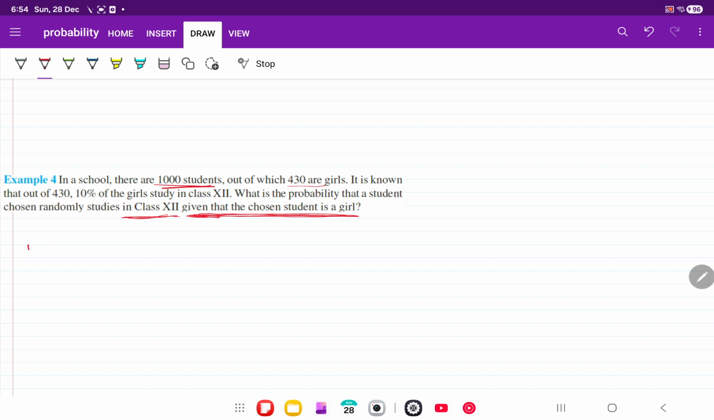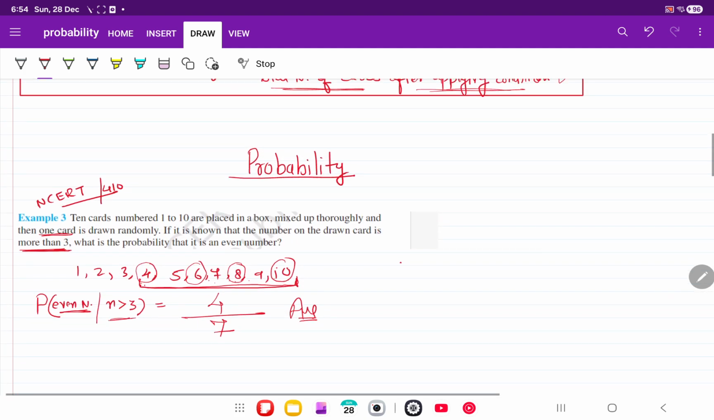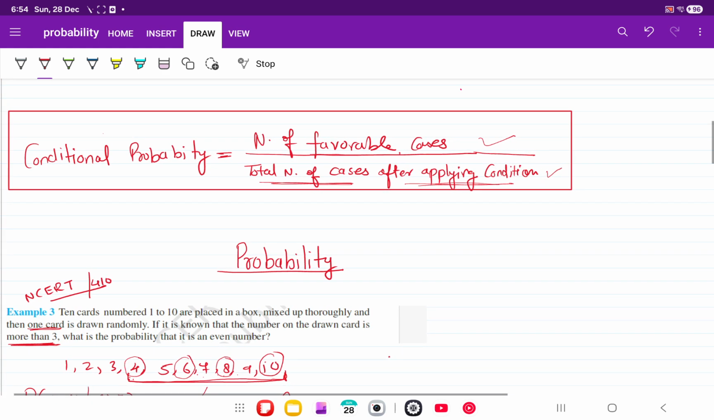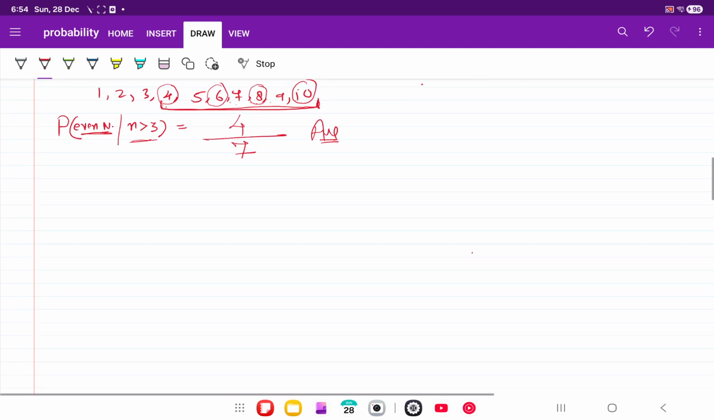So they are asking what is the probability that the child is in class 12th, and what is the condition? That it is a girl student. Yes or no? This is the condition. The condition is written here. So for that we need to use this logical formula. I will use this logical formula: number of favorable cases divided by total number of cases after applying the condition. After applying the condition means